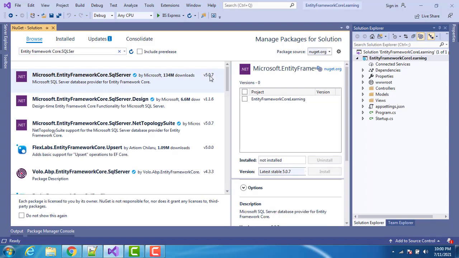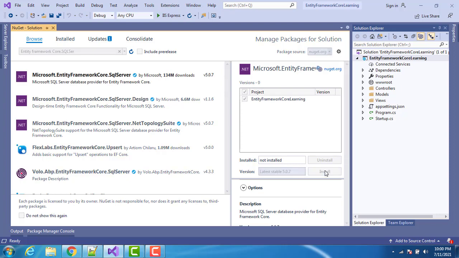For SQL Server, we are going to focus on Entity Framework Core version 5, so I am going ahead with the latest stable version. Sorry, it's my mistake, I hadn't seen that the projects option is already there. If we have multiple projects, we can select from here any specific one or all, it's our choice.